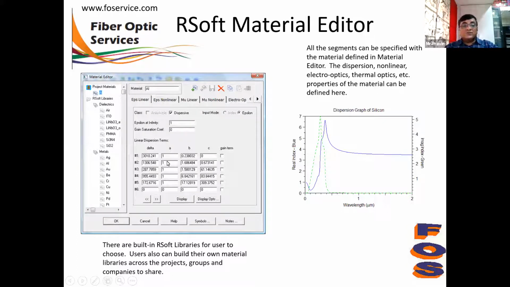And for each of these materials, you can see the dispersion characteristic or index characteristic based on whatever parameters have been defined over here. So if you are defining your own material, you need not fill in all the tabs. If you are defining a semiconductor material, you just need to define the properties that define a semiconductor material.